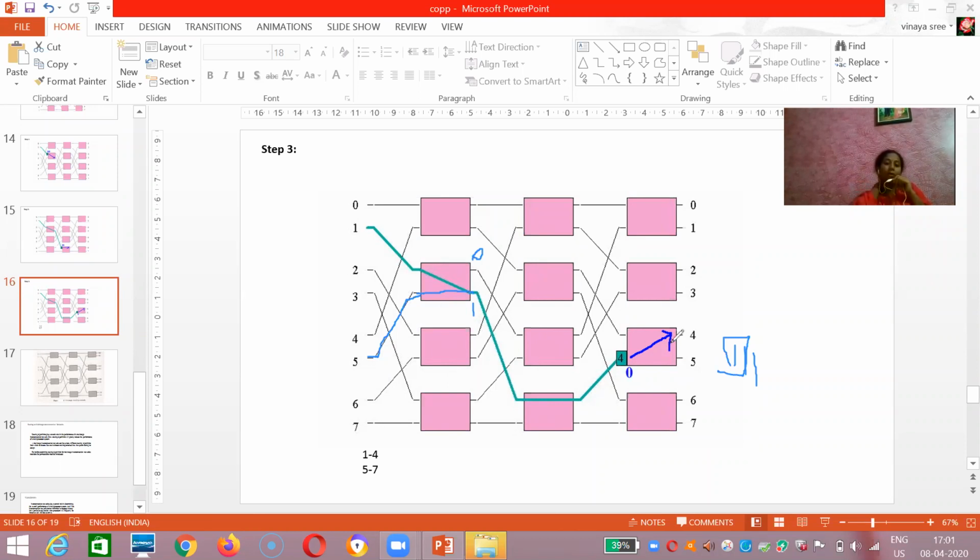Okay, now I want at least two such cases to be represented. I have given one case: processor 1 to module 4, processor 5 to module 7. Such types of cases I want you to give from your side, fast.